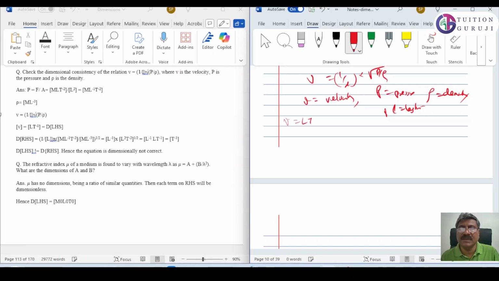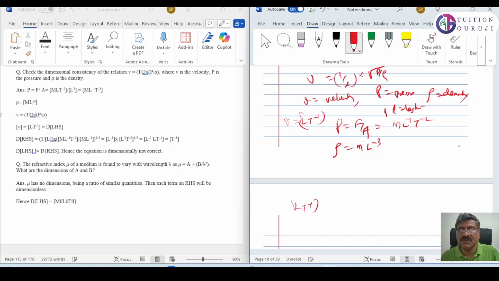We know the dimension of V is L T raised to minus 1. P is F by A, pressure is M L raised to minus 1 T raised to minus 2. Rho is mass by volume, M L raised to minus 3. Now substituting in this equation,